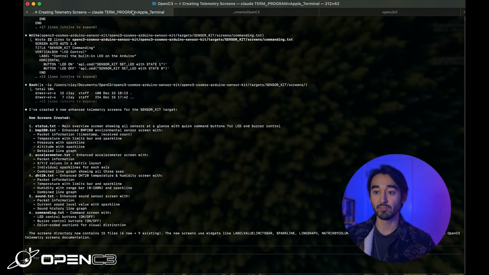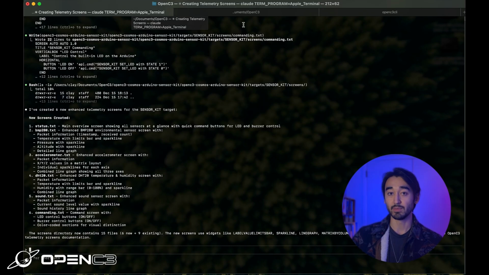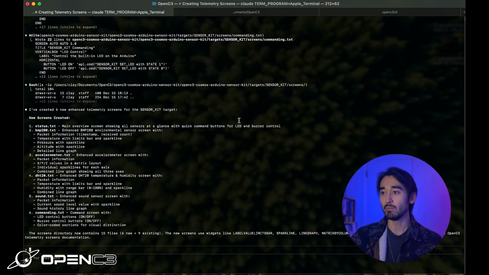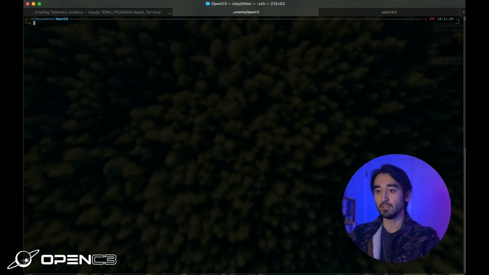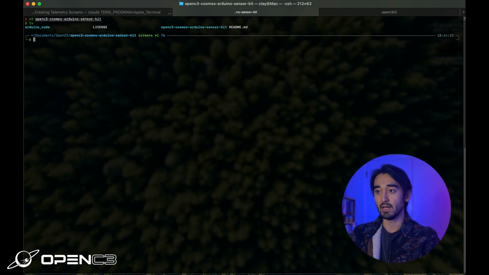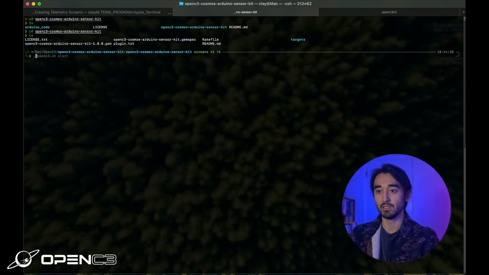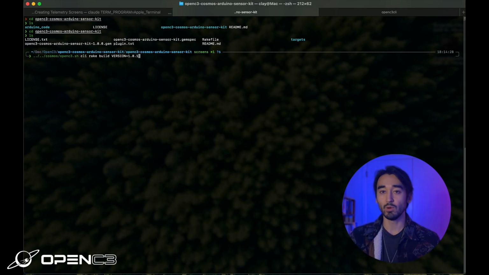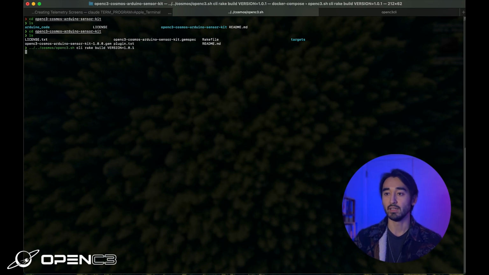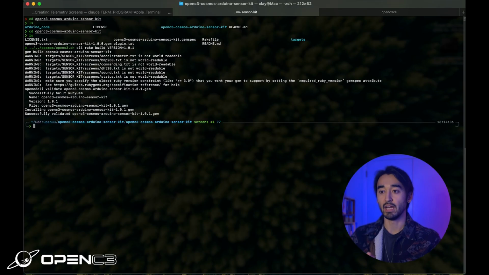All right, so it looks like it's finished up. I'm cooking up something exciting for us for all these different screens. So I'm going to go ahead and go into our Arduino Sensor Kit here, and I'm going to want to build the gem so we can actually load this in. So I'm going to make a new version called 1.0.1, hit enter on that, and that will generate our Ruby